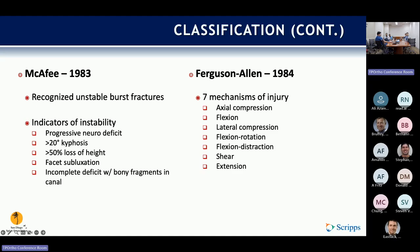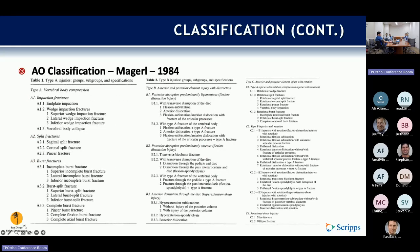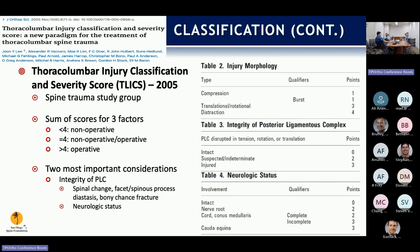the fracture morphology itself. Then came the AO classification, the very basic AO that got further defined later in 2013, which had compression as your type A, B, distraction injuries with ligamentous or osseous ligamentous injuries, and then C being multi-directional. Then in 2005 came the TLICS score, which came out of the Spine Trauma Group, where this